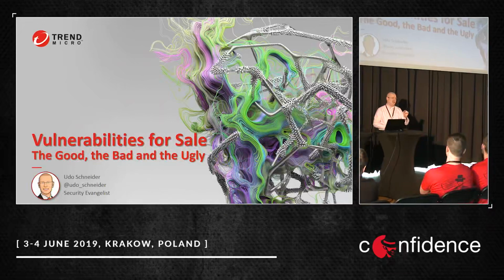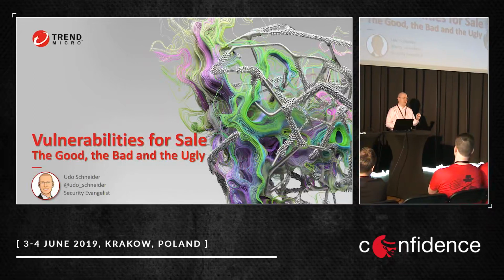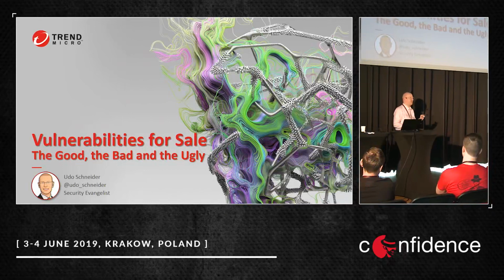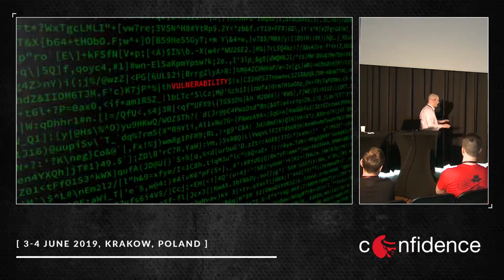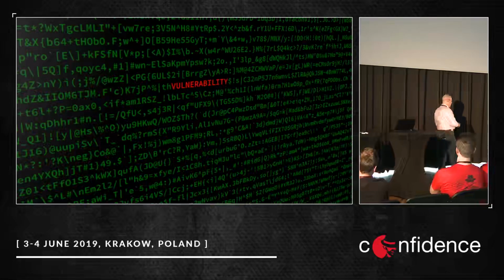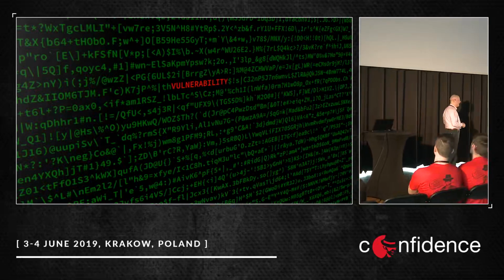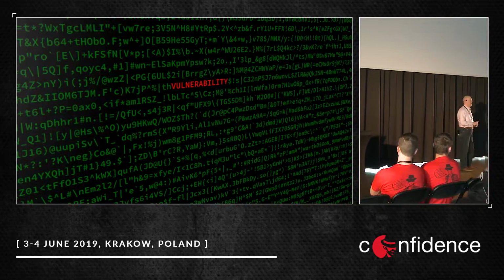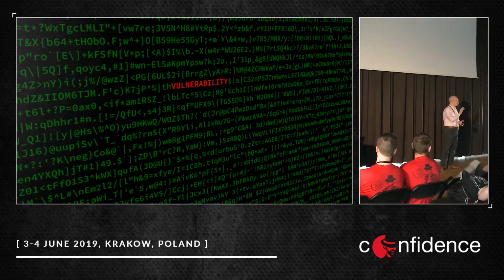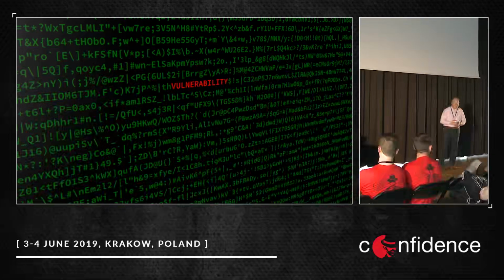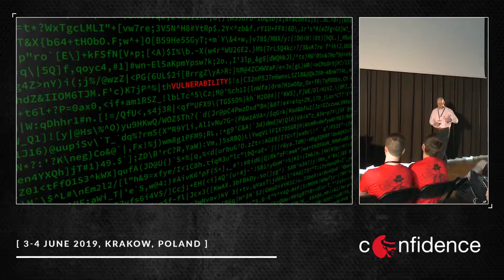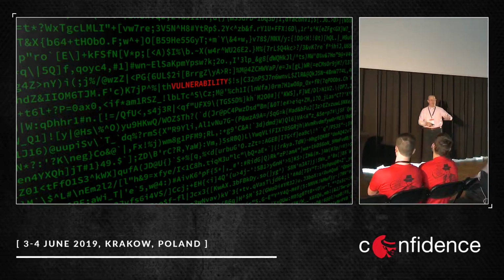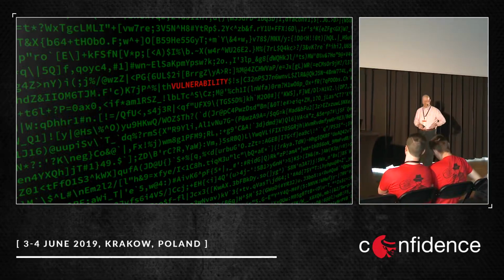So let's start with something simple. Let's say, just for a minute, that you discovered a zero-day vulnerability, remotely exploitable, in Windows. I mean, there are a few of them, but let's just take this as an idea. So you found something, or somebody you know found something. What's your first reaction? What's the first thing you might think of doing?